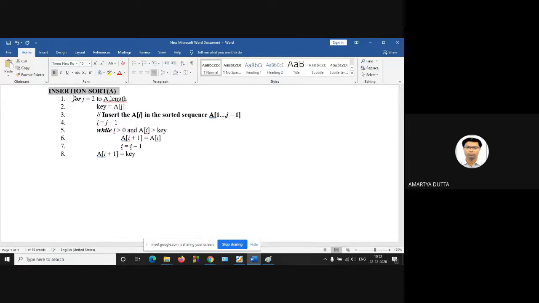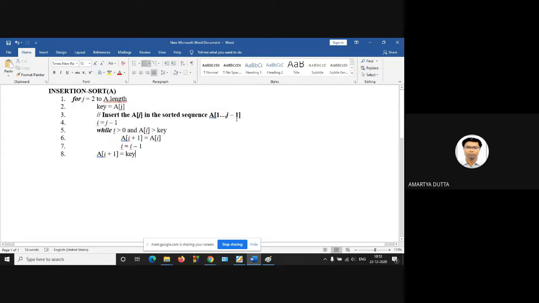Now you have to write down the algorithm and explain it with an example. Every line you have to explain, and then finally find the best case, average case, and worst case analysis, that is, the time complexity of insertion sort.